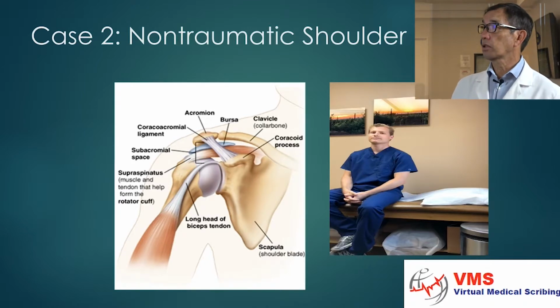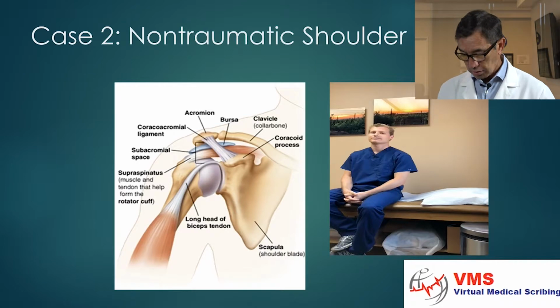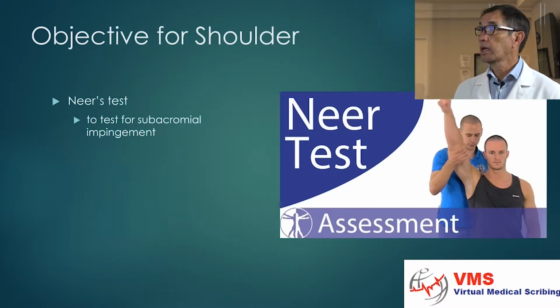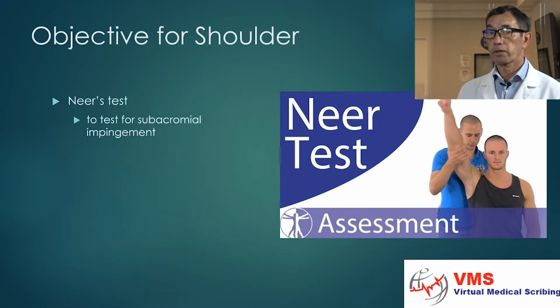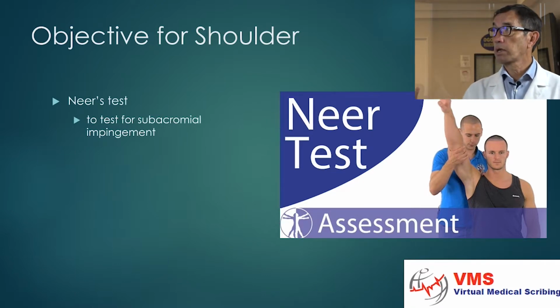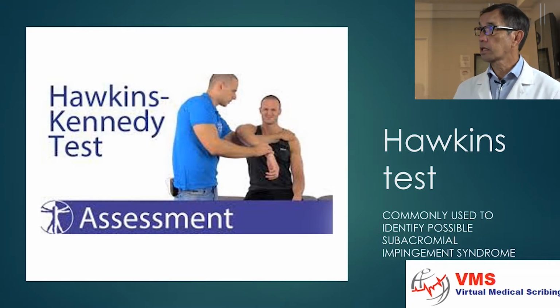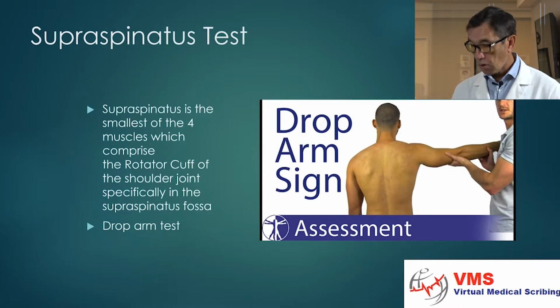And then with the shoulder, there's a lot of anatomy that you'll need to learn as a scribe, because they may mention that. And then what we'll do is look at different tests. So the Neer's test is a forward flexion to look for what's called impingement, which is really a tendonitis bursitis of the shoulder. And then you might hear the Hawkins test, which is sort of a rotating over,